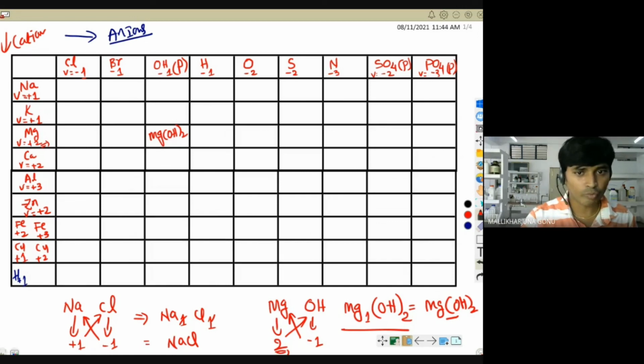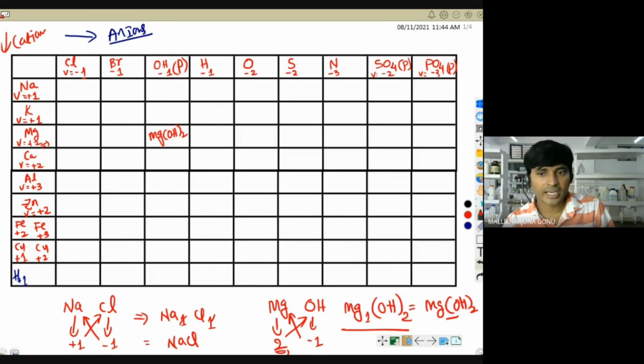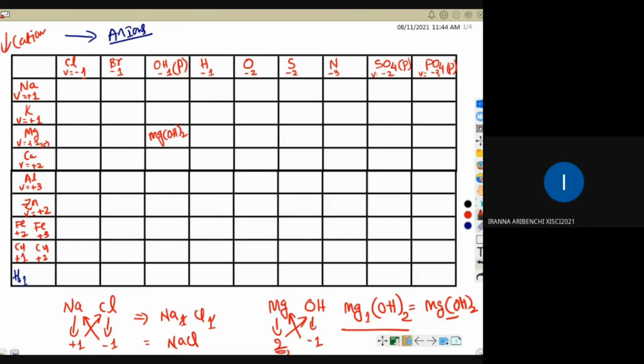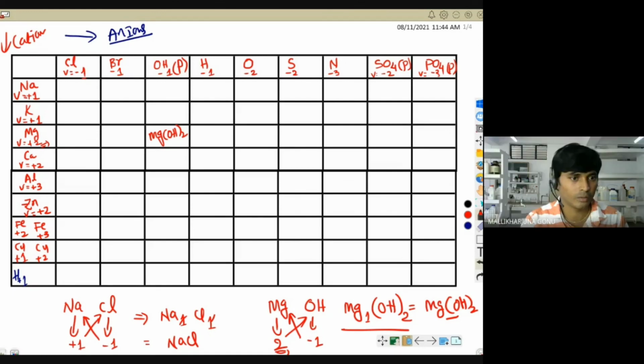Okay, is it clear what homework you have to do? Irana, समझ में आया क्या करना है? Yes, sir. Okay, that you have to make it down, all of you. Table you can make later, but what is there here in the vertical line, what I have given in the horizontal line, that you make it down later. You can make the table and you can do all these things.